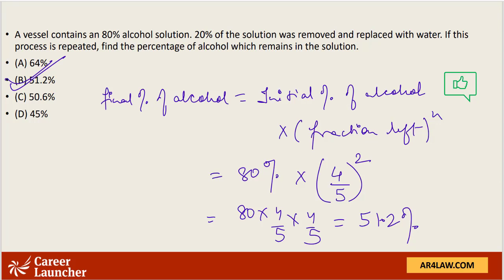But again, the disclaimer goes here: for somebody who knows this formula, this is a very doable question. Somebody who doesn't know this formula, this question would pose some difficulty and probably that person might not take up this question in the exam.